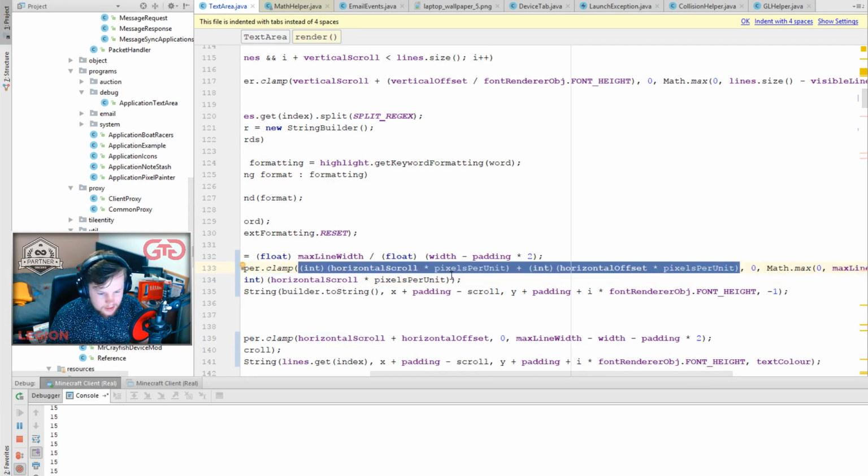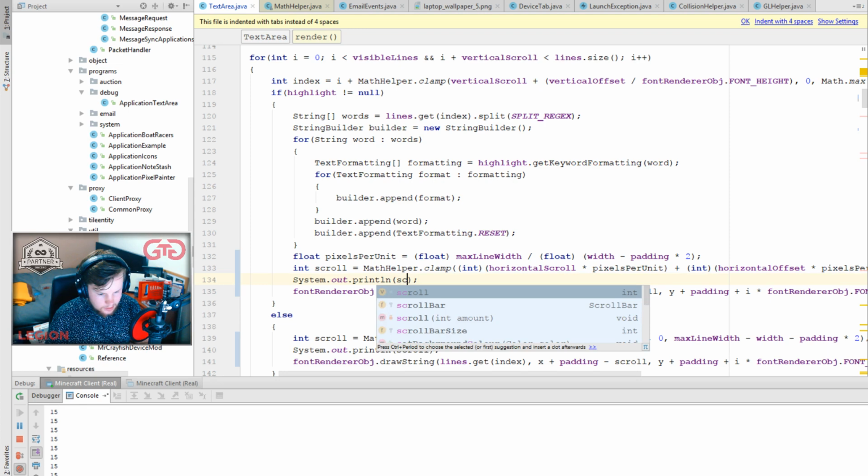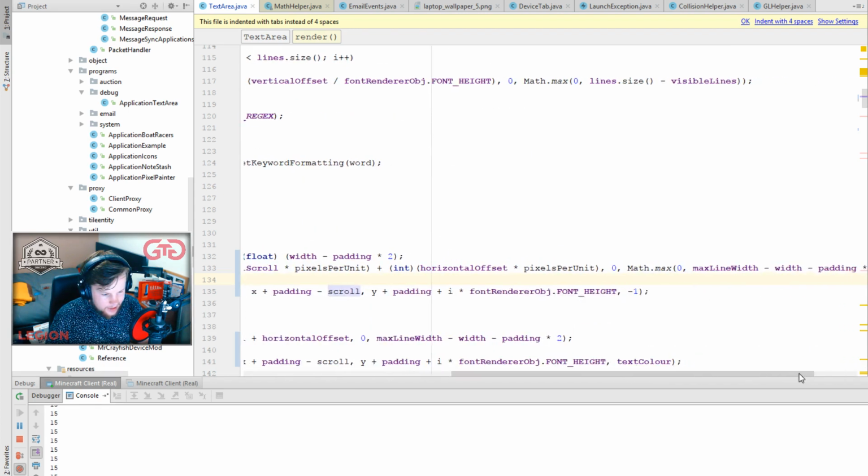What is this then? 15. However, scroll is coming out as